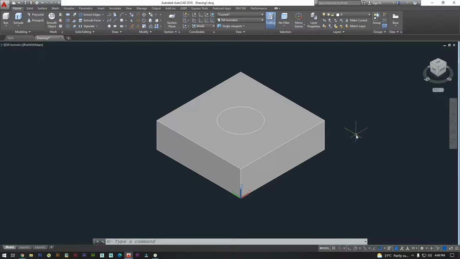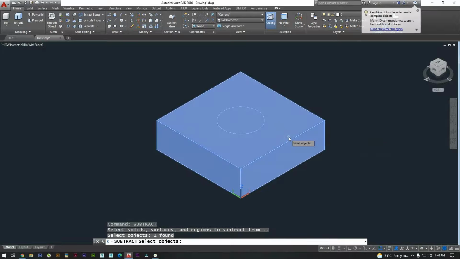We have to subtract it. Yes. Subtract. Enter. Select the object. Enter. Then the second object. Enter.